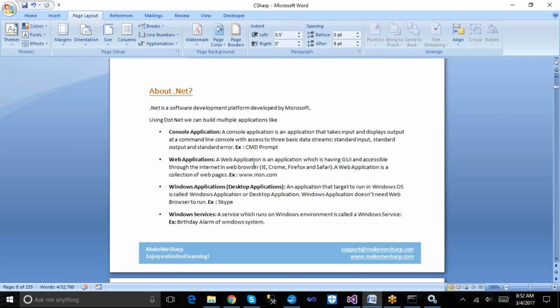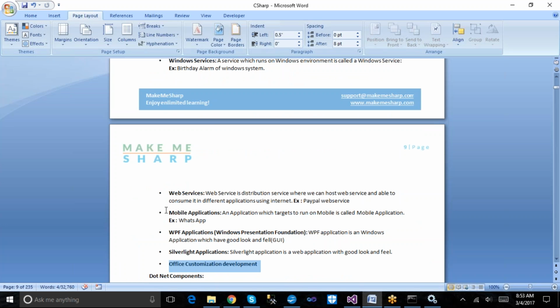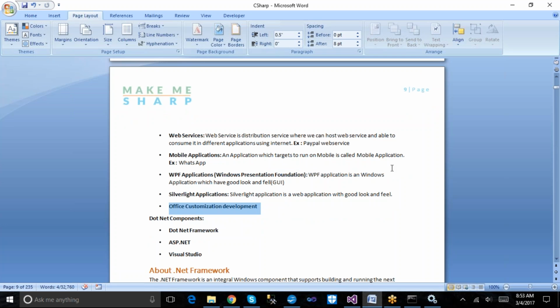Console applications, web applications, Windows applications, which we also call desktop applications, Windows services, web services, mobile applications, the next version of Windows application which is WPF application, Silverlight application, Office customization development and so on.